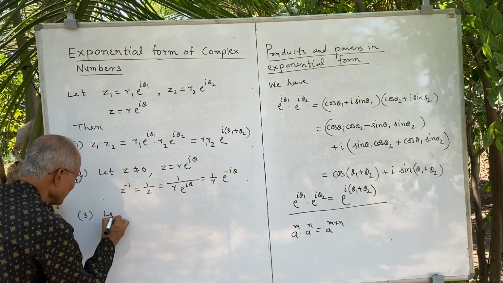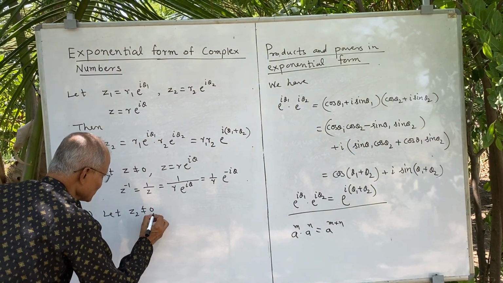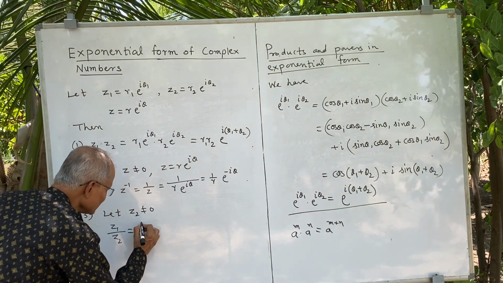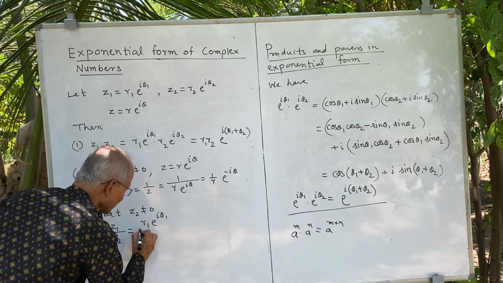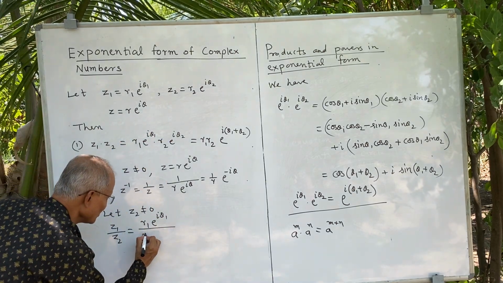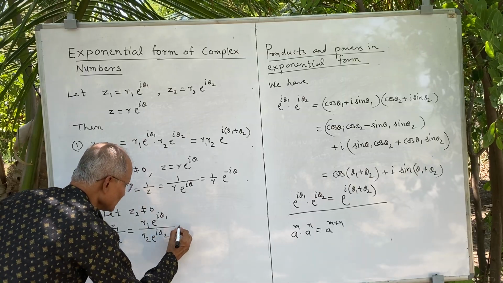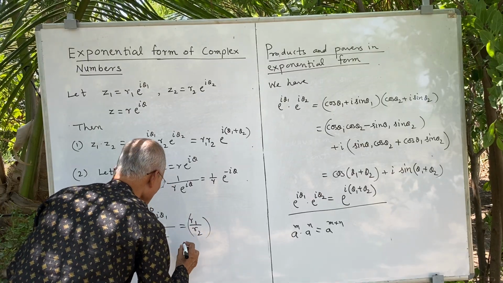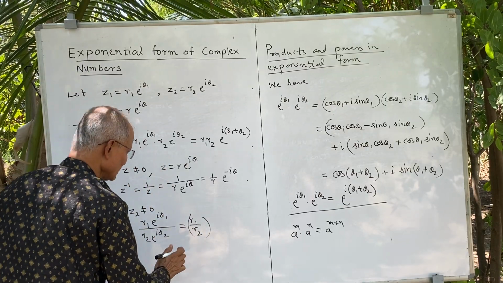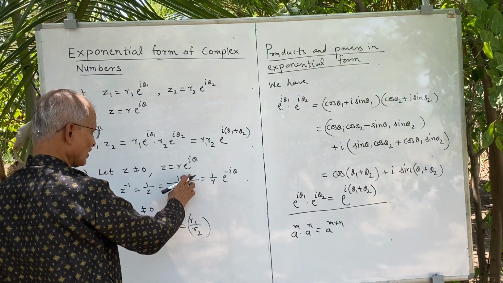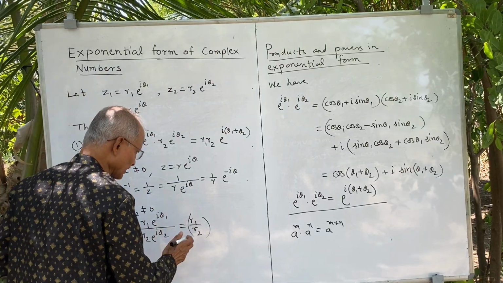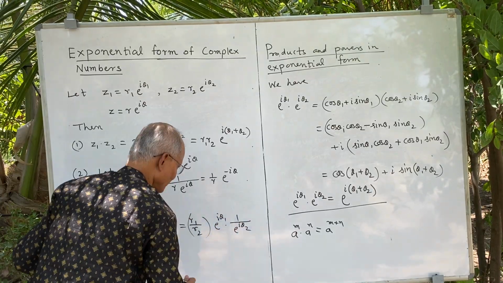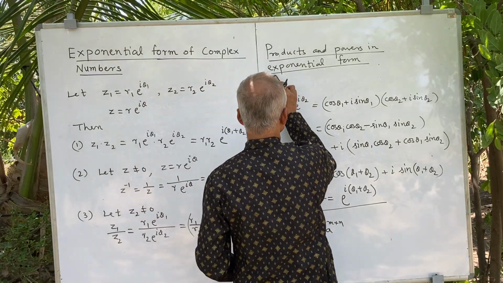Third, further to get the quotient we shall assume Z2 is not equal to 0, and consider Z1 by Z2. What is Z1? R1 e power i theta 1, and Z2 is R2 e power i theta 2. So this is written as r1 by r2, where these are positive real numbers, and this quotient can be separated, that is e power i theta 1 into 1 upon e power i theta 2. And further we can write this as